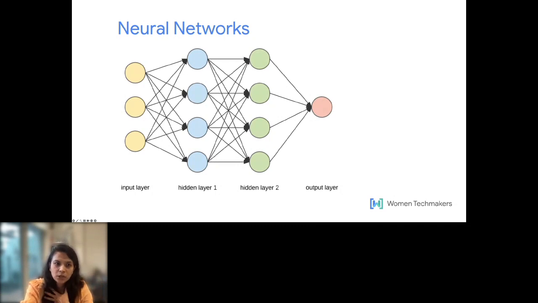Now, coming to the neural network. So a neural network has 3 layers to it. One is the input layer, the second one is the hidden layer, and the third one is the output layer. Okay, so as we spoke, we gave the input parameters over here. Then the hidden layer is where all the computation happens. This is where the neural network tries to learn things and then generates the output. So this is a very high level overview of how a neural network works and how it reflects the behavior of a human brain.